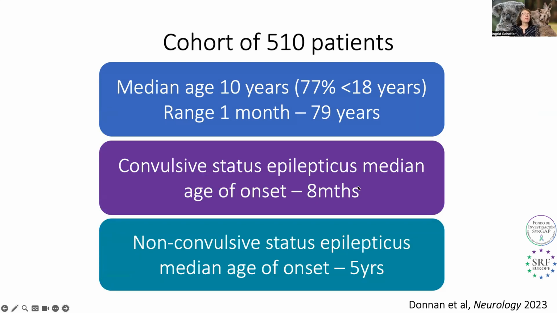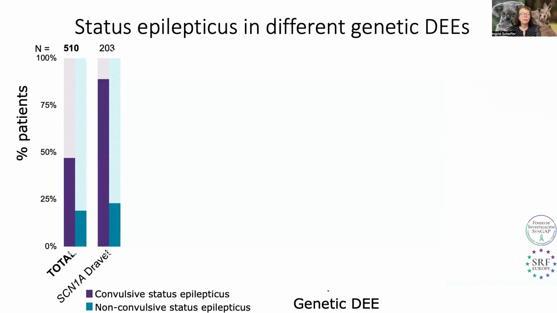But what was very interesting for me was that the non-convulsive status epilepticus began at a median age of 5 years. And this is where you spend 30 minutes not being very aware. You might dribble, you might be unsteady, you might be just not with it. And that's called non-convulsive status epilepticus. And when you do the EEG of the child or an adult, you find constant epileptic activity.